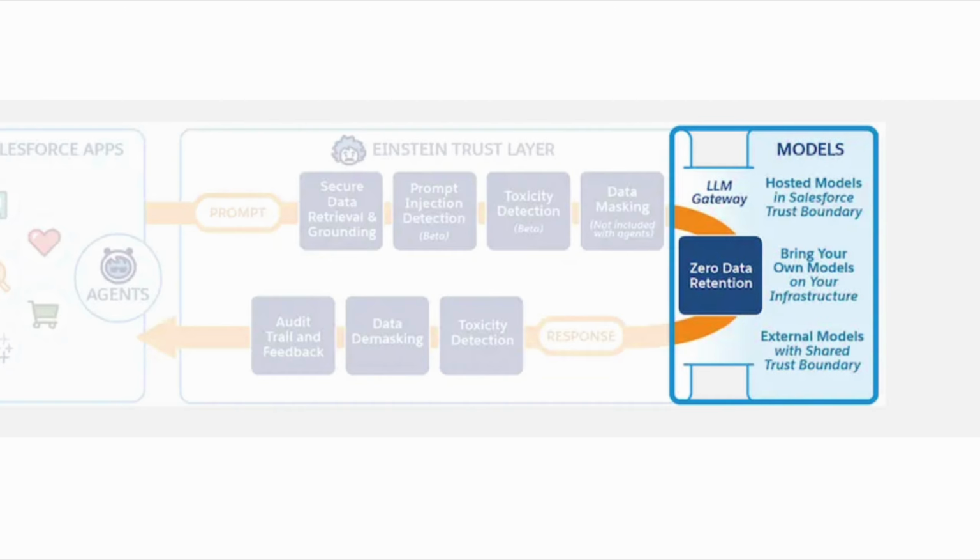Then what happens is the user adds their prompt, which will be sent to the LLM. The LLM will use that prompt to generate the response, and then the response will be shown to the user. That is what we know. But what the LLM also does is take the prompt, the response, and the data which we have sent, and use it for model training. That is what a general LLM does.